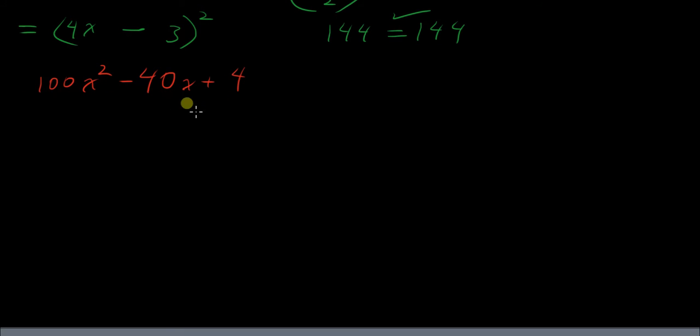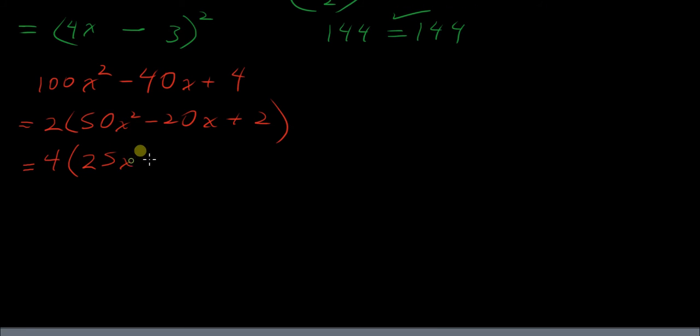Okay, so I'm looking at this and I'm thinking, okay, everything here, I can factor a 2 out. So let's do that. 50x squared minus 20x plus 2. Okay, but now I'm looking at it and I'm realizing I could have actually factored out more because I can cut everything in half here again. So I did that to make the point of always check and see, have you factored out everything you possibly can. So if I cut these all in half again,